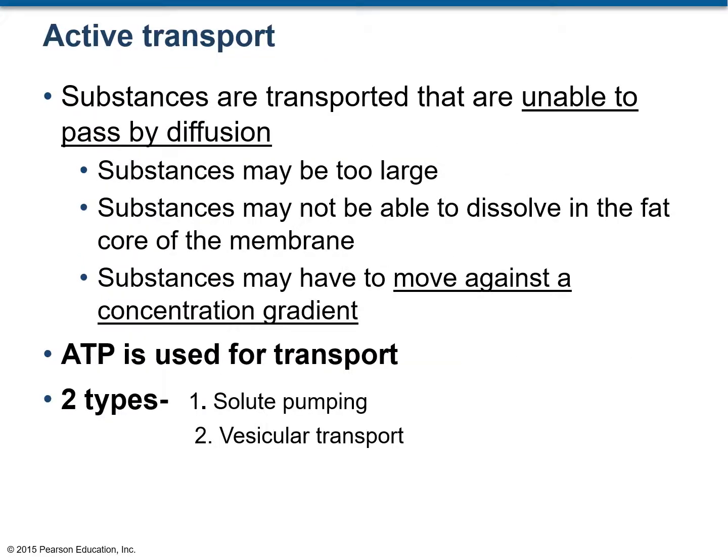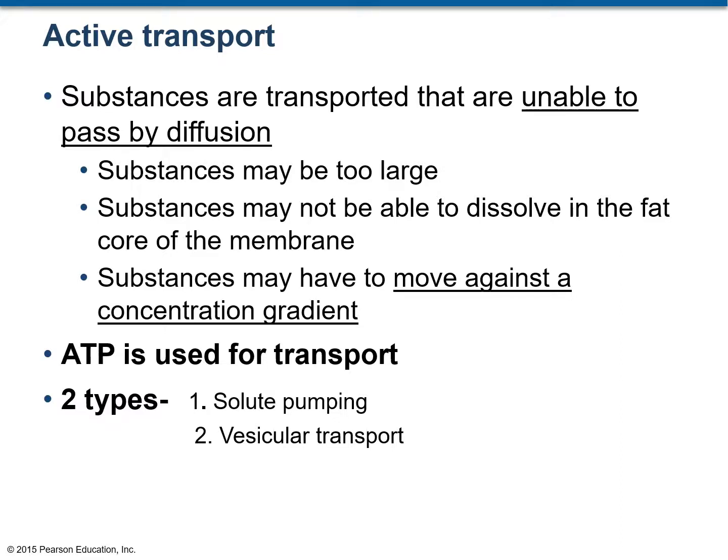formed. We just learned about the four types of passive transport, and now we are going to learn about active transport. Active transport means where energy is required. That means ATP will be broken down to release energy. Why would certain substances need energy? These substances may be too large to get transported across the cell membrane, or these substances may have to be moved against a concentration gradient. That means from a region of lower concentration to a region of higher concentration.